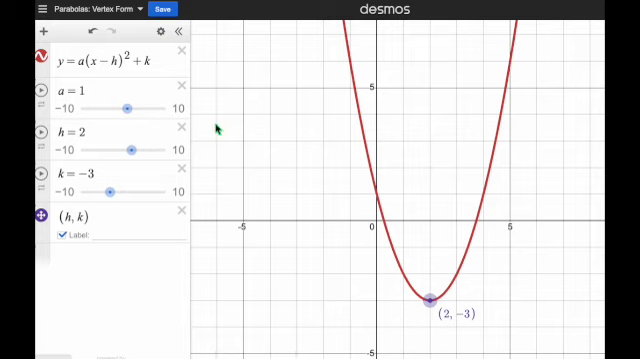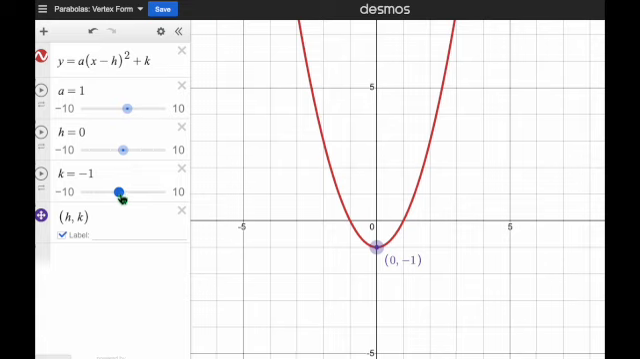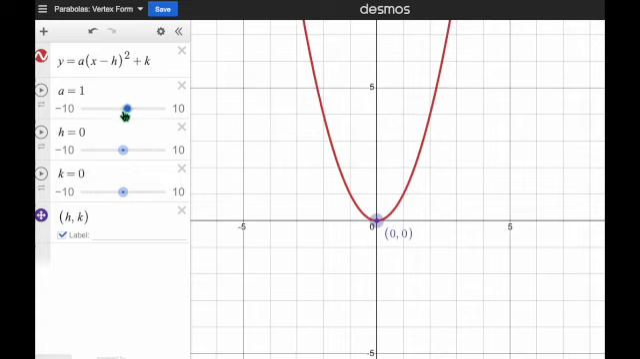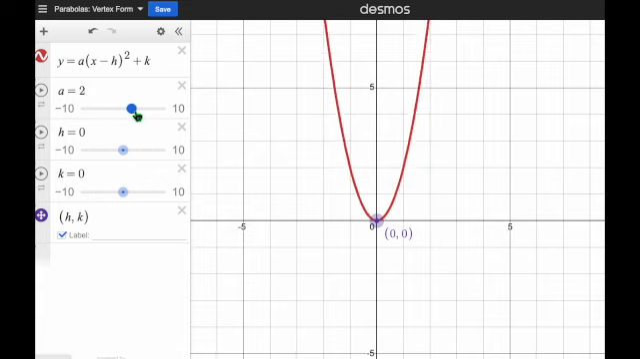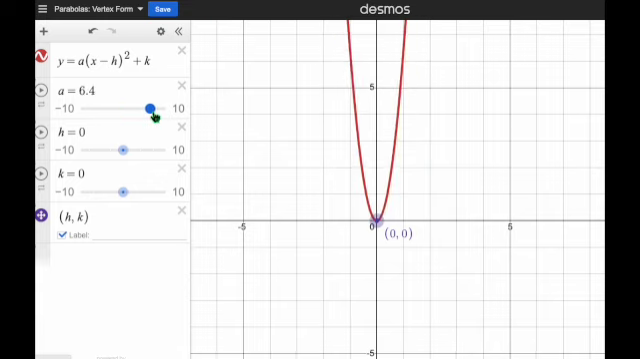So our vertex will always be whatever h and k are as a coordinate. I'm going to go ahead and move them back to 0, 0 here. Oops, a little bit off there. And I'm going to change the a value. I'm going to make a go up. So it's going up to 1.1, and you'll notice it's still opening up, but it's getting skinnier, or what